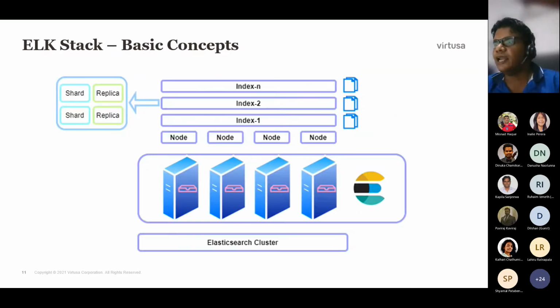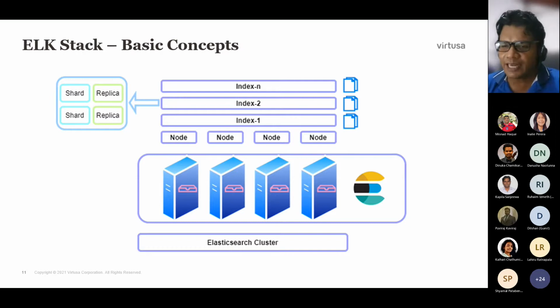Then another thing is how we store these indexes across. Elasticsearch is deployed as a cluster. This is a vast topic, not the direct topic. Elasticsearch has data nodes, coordination-only nodes, master nodes, and voting-only nodes.